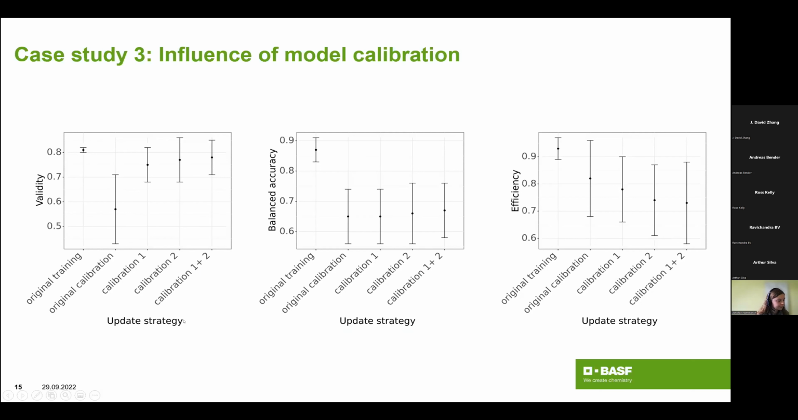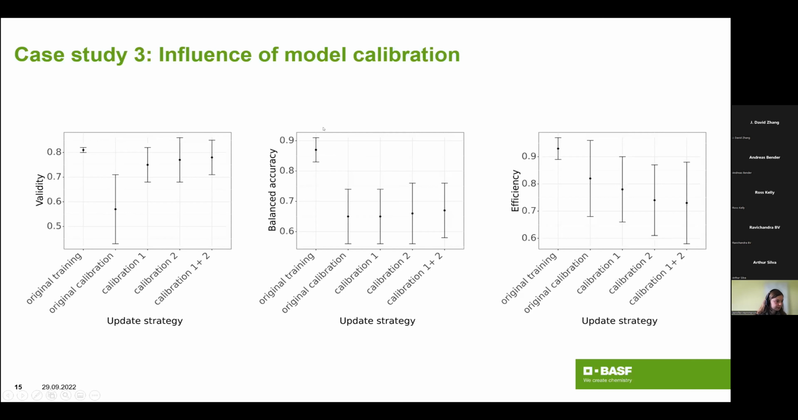we also tried to combine these calibration data sets just to have more data and to see if maybe more data for the calibration gives us an edge. So what we could see is that we could restore the validity, so we could really use the model on the holdout data set. However, unfortunately, while we tried to restore the validity, we started